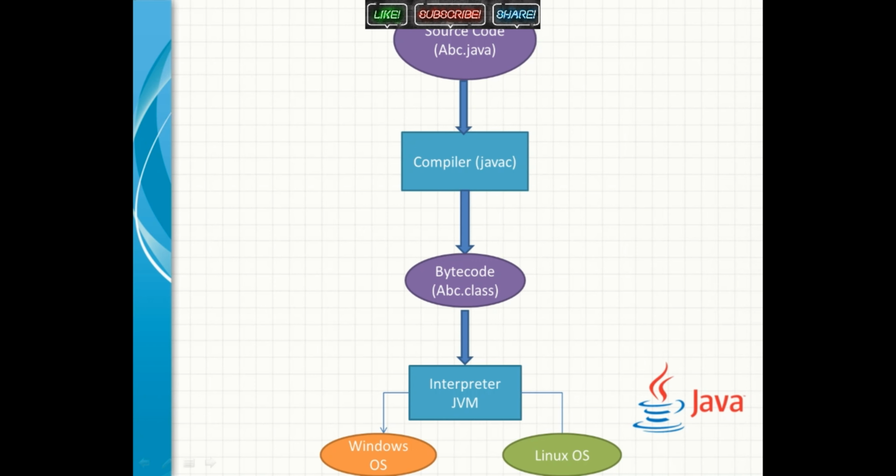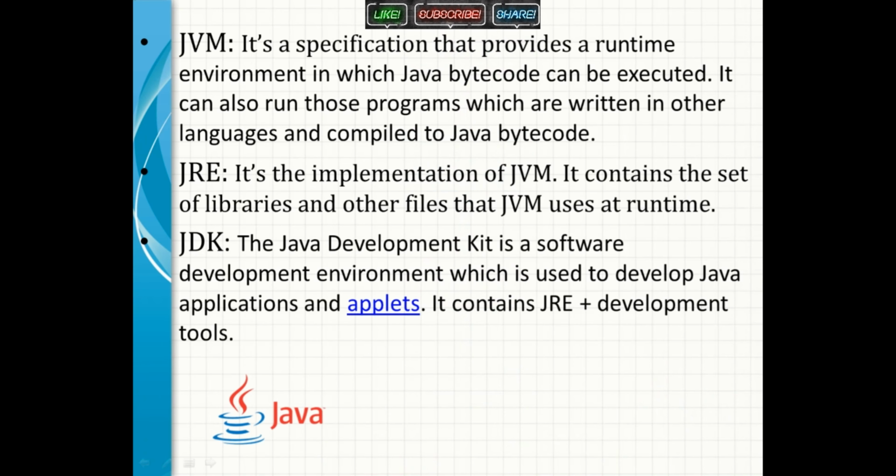So here it is dependent, but when you have a class file, you can run it on Windows, on Linux, everywhere. The only requirement is the JVM. If the JVM is there, you can run the same class file, with no need to write it again. You just run it. This is the easiness of Java.